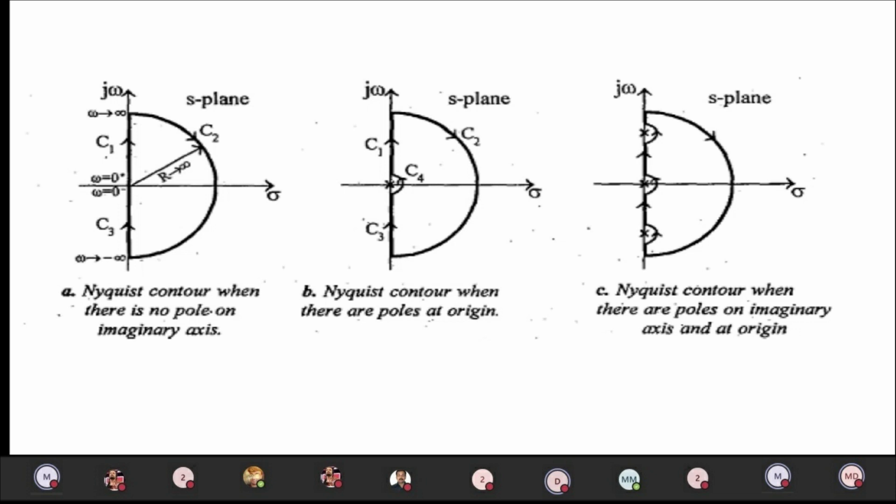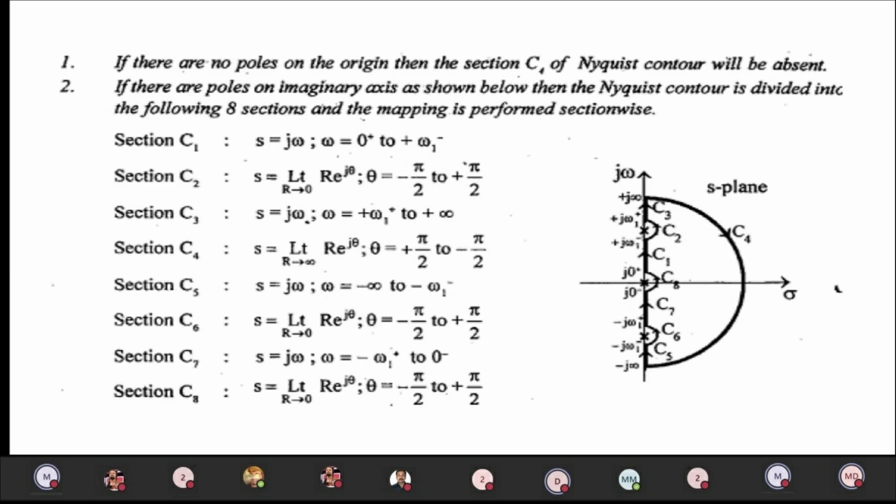If the imaginary axis has poles, then there will be sections C7, C8, C9, and each section is calculated with these formulas. Then you can draw the contours and combine all the contours together, and we can say what kind of encirclement there is around the -1 + j0 point. If it has anti-clockwise encirclement, then the system is stable. If it has clockwise encirclement, the system is unstable. If that point has no encirclement and no poles at the right half of the s-plane, the system is completely stable. So like that the Nyquist stability can be analyzed.